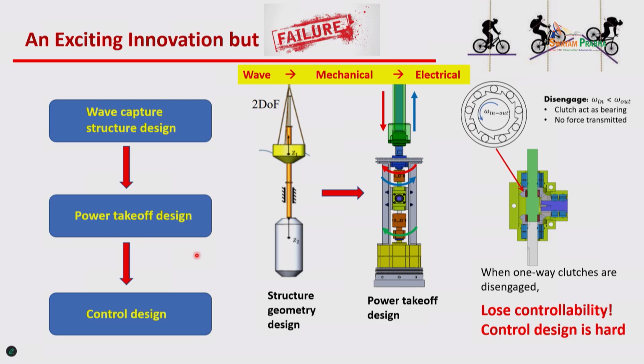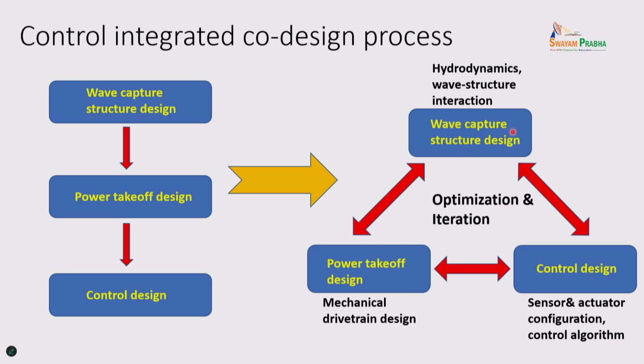Similarly, for the wheel structure and PTO side control, we need to consider them together, right? It's more like optimization iteration from the beginning. You cannot say, okay, PTO guy, you design the system and give this to the control engineer to handle. This is the control co-design concept. It's all about engineering system-level design and iteration. Okay, so,